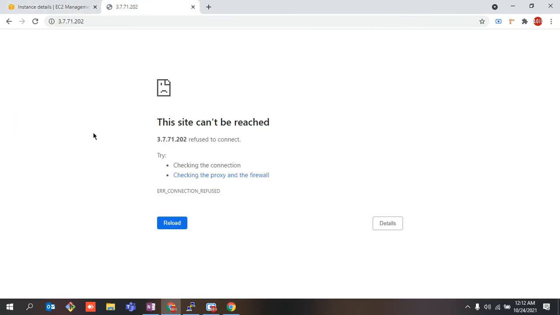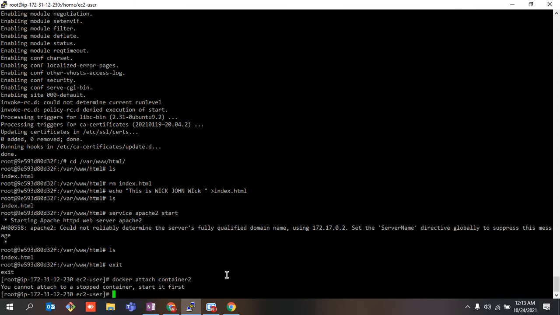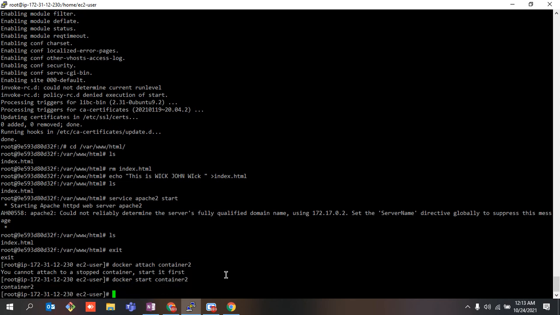So in order to make this work again, you need to go inside your Docker container again. First of all, you need to start it, because I exited it so it stopped. So docker start, your container. Then go inside your container with the help of this command. Please note it down, those who do not know: docker attach container.